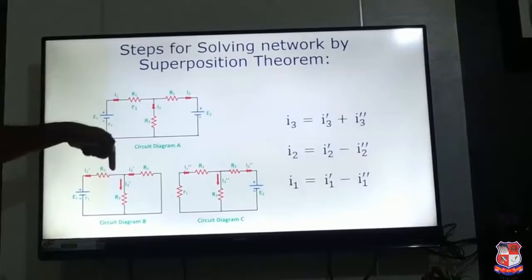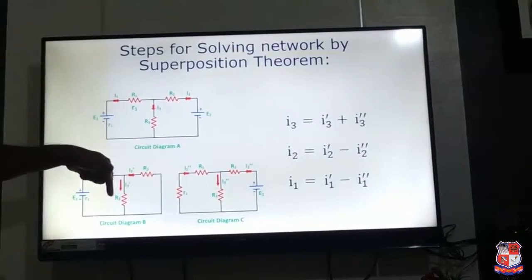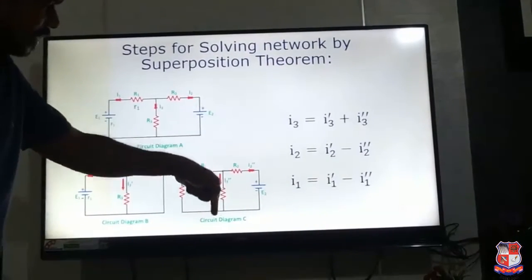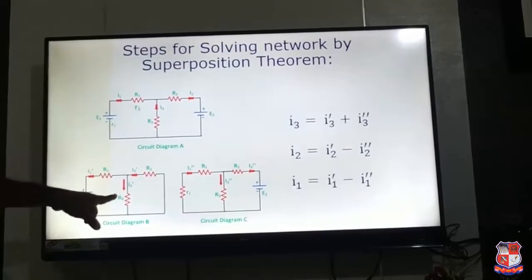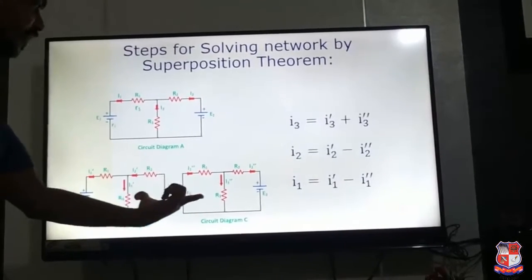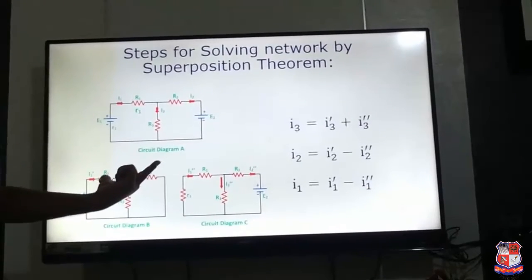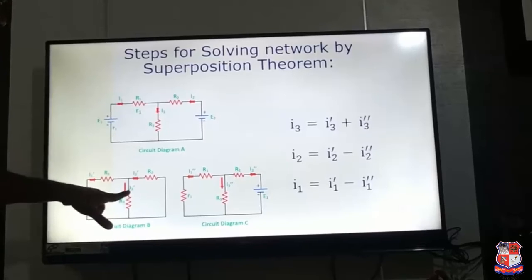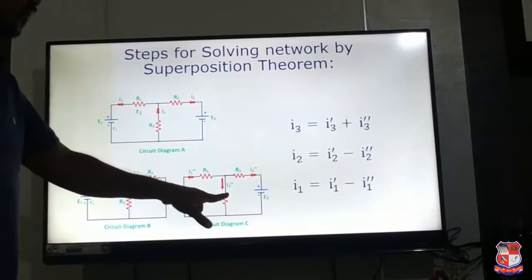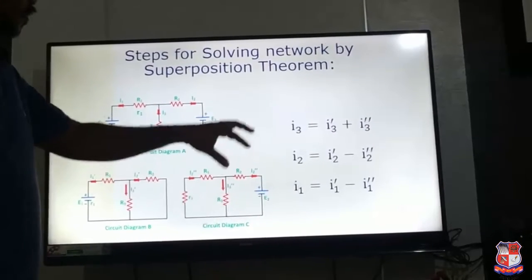Now next is I3. The I3 current is flowing in the downward direction, the I3 dash current is also flowing in the downward direction, and the I3 double dash current is also flowing in the downward direction. The direction is the same, that means we have to do the summation. So we can write that I3 is equal to I3 dash plus I3 double dash. So by using this